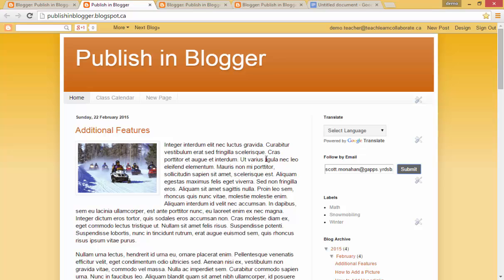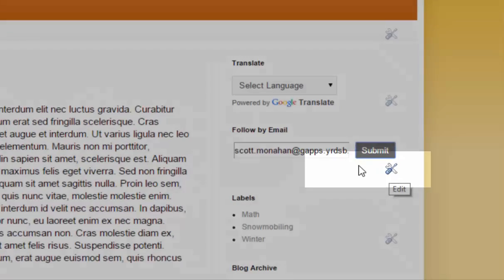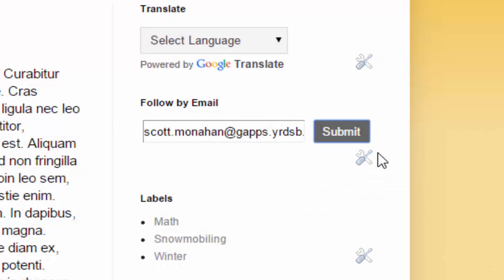Now, I mentioned at the beginning of the video that I'm going to show you how you can customize this so that delivery happens right around dinner time, and I've found this one of the most effective things that I can do. So this time, instead of going through the design page and then clicking on layout, I'm going to just click on the options button for the follow by email gadget, and you can see here that I've got a couple little tools at the bottom right. So I'll click on that,